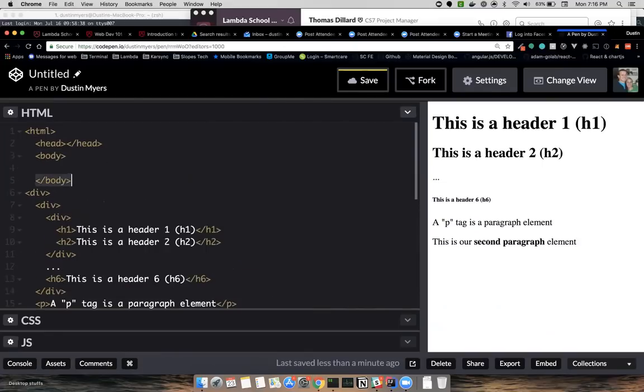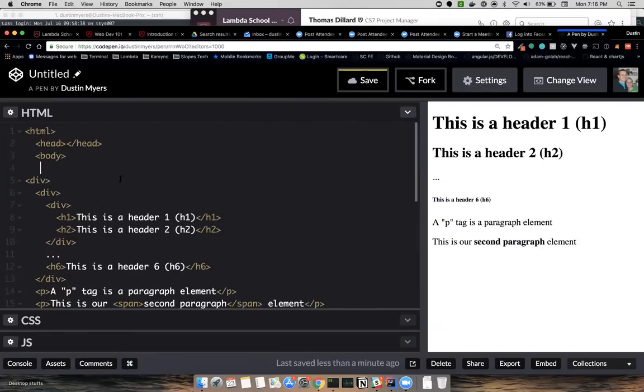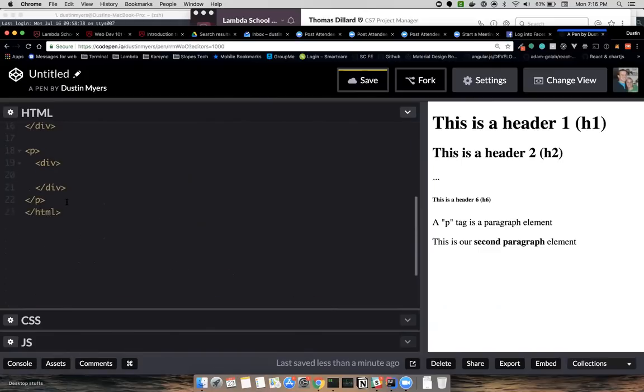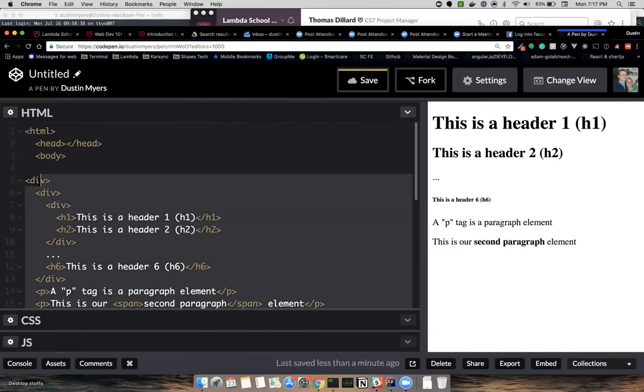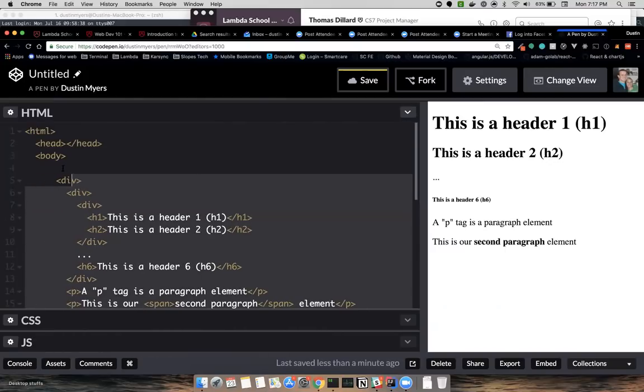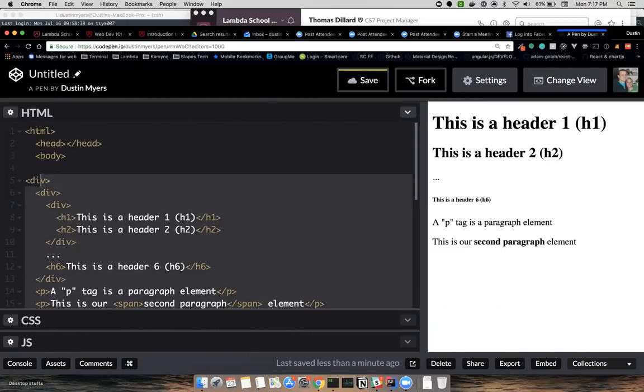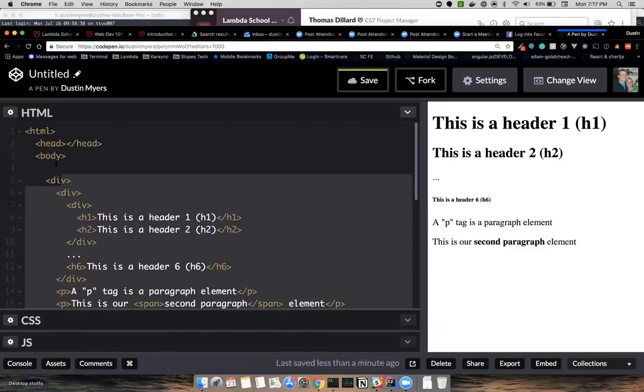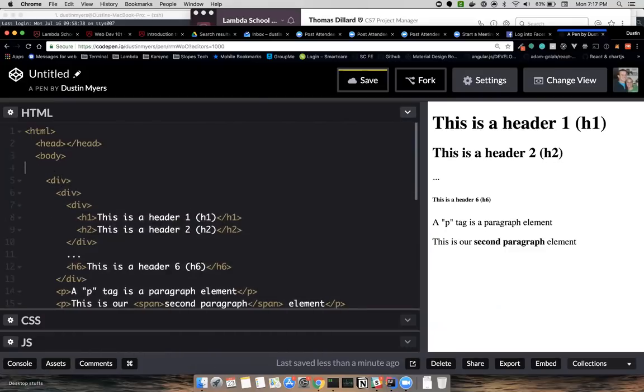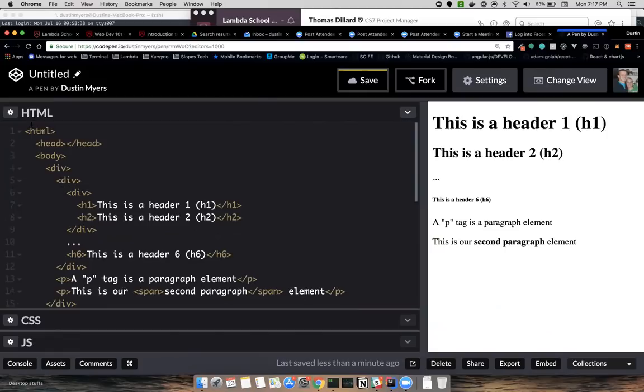Now this body tag is where all of this content would go. So everything here would be nested to about there. Actually, one less. So this is the full structure of an actual HTML file. CodePen takes care of the HTML and the head and the body tag for us. We don't need to do that within this coding environment.